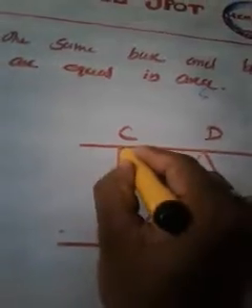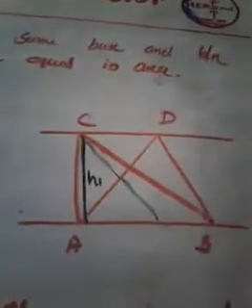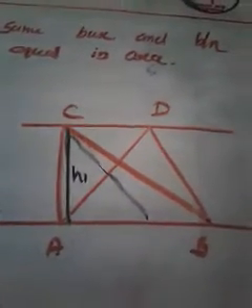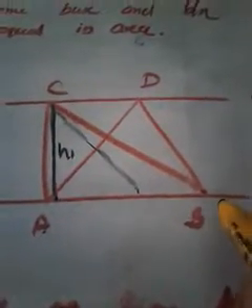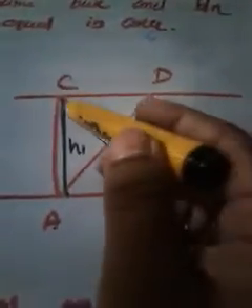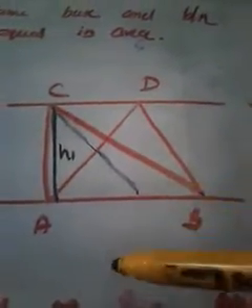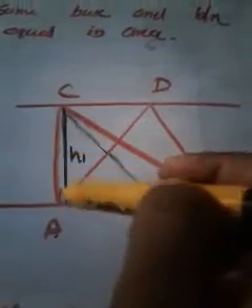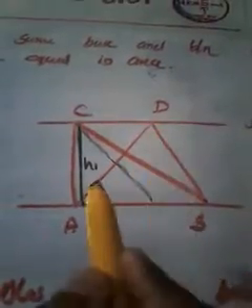So in this way you can draw a height. This is almost straight. If you write it as H1, H1 is the height of the triangle ABC. I told you the base of the triangle is AB, and the height should always be towards the base, isn't it? Can you draw in this way? No. Why? Because height should be perpendicular, height should be straight. Then this is the only way we can draw a height towards the base. Let it be H1. That means H1 represents the height of the triangle ABC.